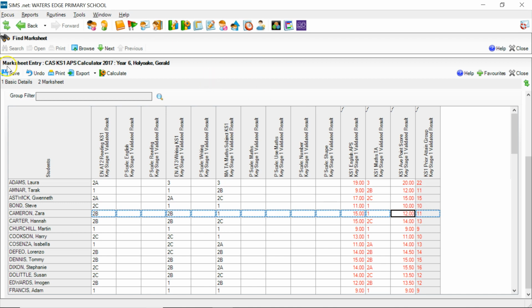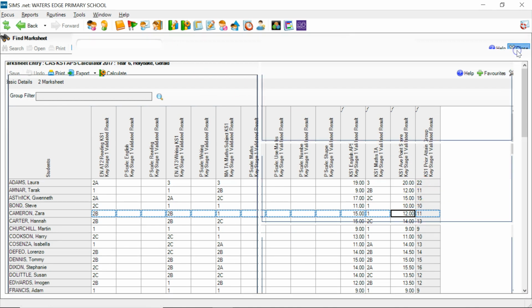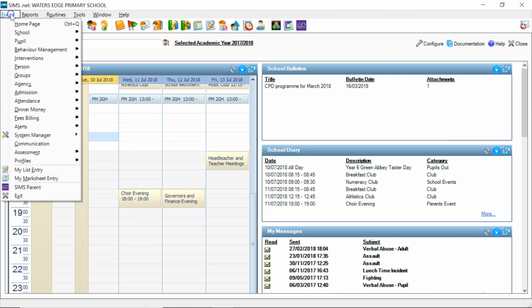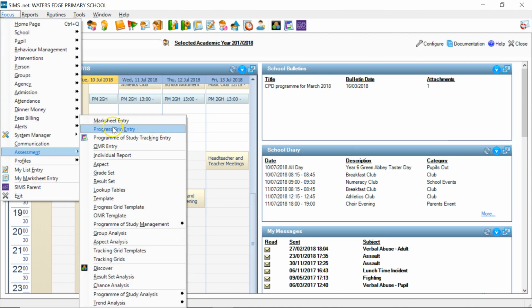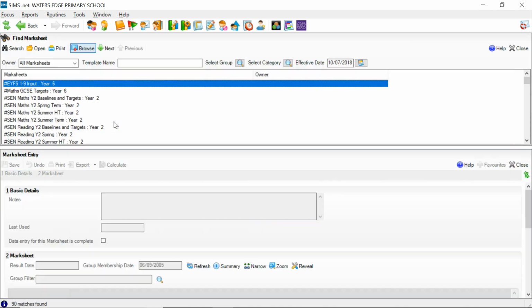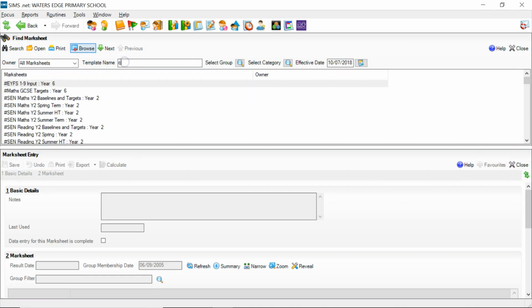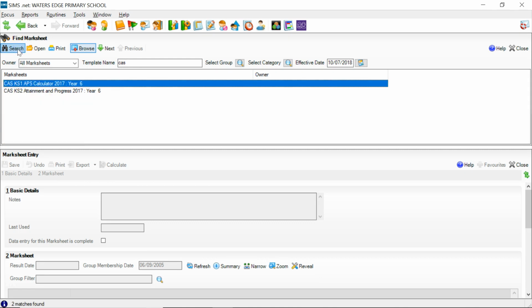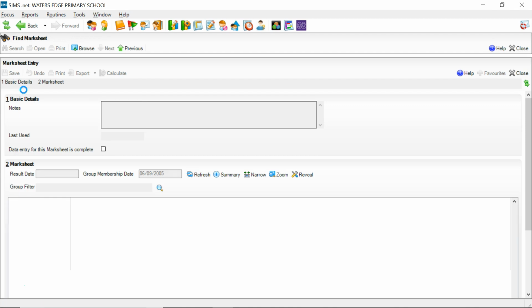All you need to do here now is press the save button to make sure those red numbers turn to black. Now if I close this mark sheet down and go back to the other mark sheet, the other CAS mark sheet, again type in CAS there and either press enter or click search. So this is the second stage. If I double click on here,